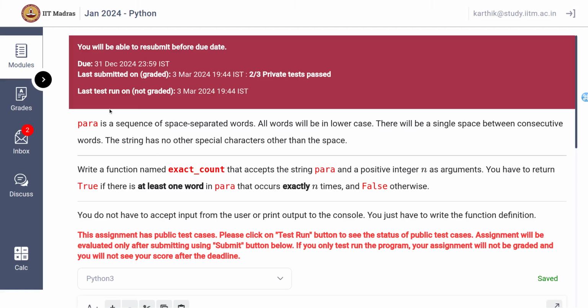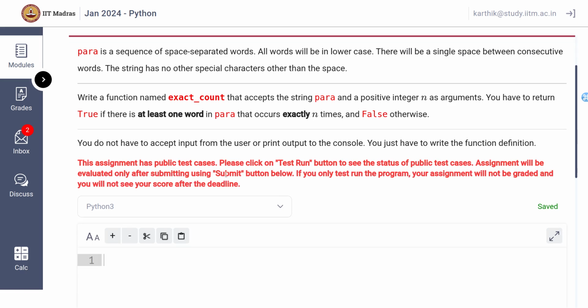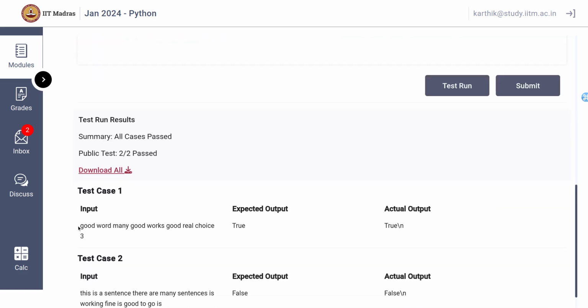Okay, so we have a sequence of space separated words. All of them are in lowercase, and there is a single space between consecutive words. So you have to write a function named exact count that accepts this string para and a positive integer n as arguments, and you have to return true if you can find at least one word in the string that occurs exactly n times. Okay, so let's take a test case